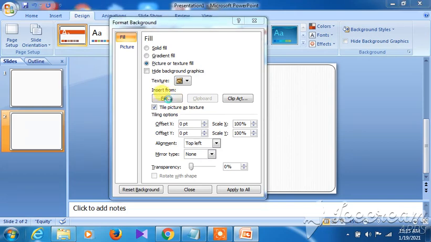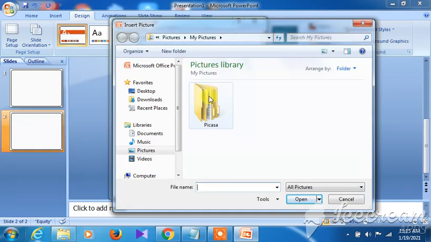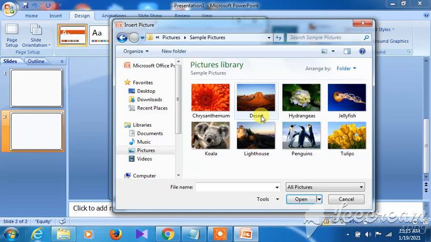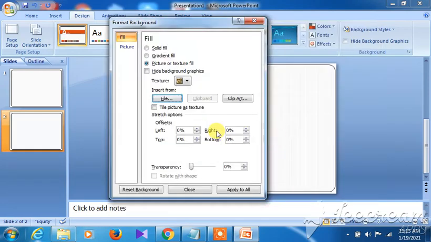All right, so when the file option is opened, the insert picture dialog box will open. You can go over here and open the pictures also. In the pictures, there are already some ready-made pictures available, or you can collect them from the internet also. So this one, I suppose I am choosing this one. After choosing this one, you just keep the transparency level up to 65% to get a proper watermark. All right, so up to 65% you can keep it here.